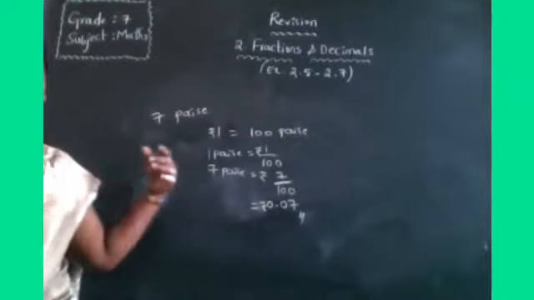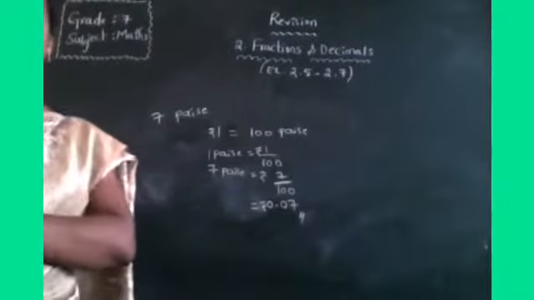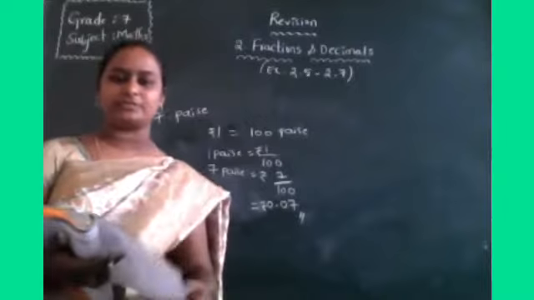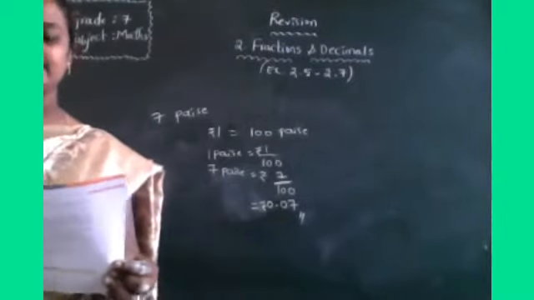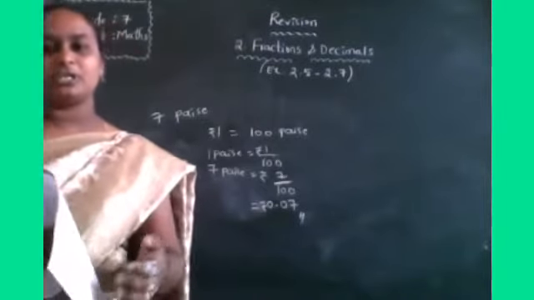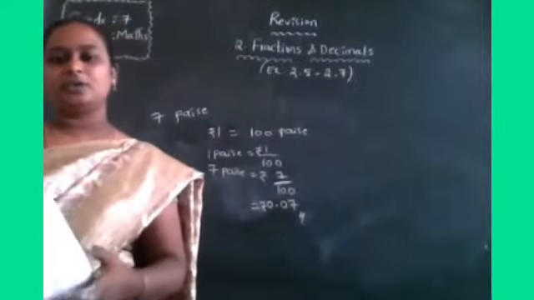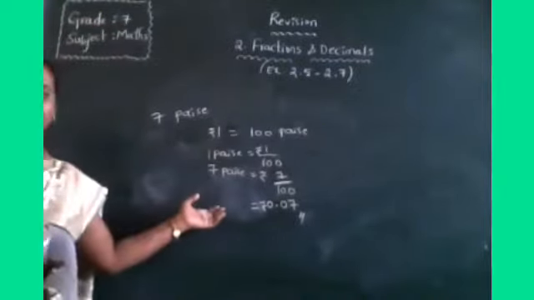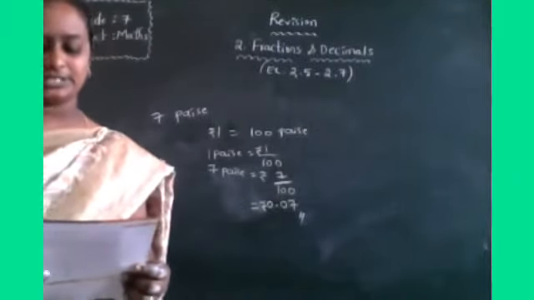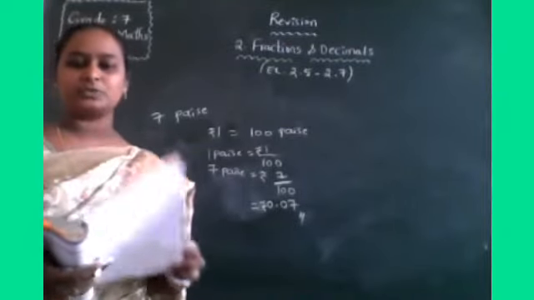Right. Next, the same. Express 5 centimeters in meters and kilometers. You know the relation between centimeters, meters and kilometers, so you have to convert accordingly. And express in kgs. Okay, 1000 grams is equal to 1 kilogram. So 200 grams is equal to how many kilograms? In the same way you have to find. Next, expanded form, which is already shown. So similarly you have to do all the remaining problems in exercise 2.5.